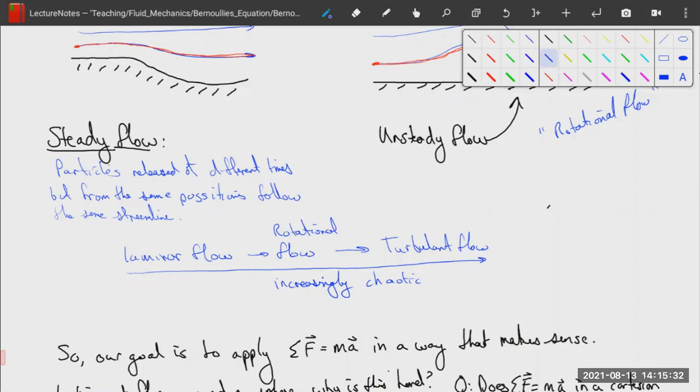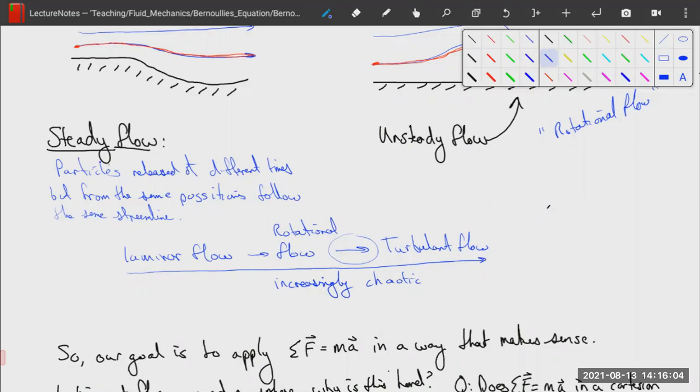But if something is just rotational, you might have regular eddies being shed that would not qualify as necessarily turbulence, but that are rotational. So there is a delineation between these things, but this line here is maybe a little bit blurry at times, right? However, if something is laminar, it is not rotational. And if something is laminar, it is not turbulent. So if you start here on the left-hand side, laminar flow is very orderly. And then as we move to the right, we get increasingly chaotic flow. All right,